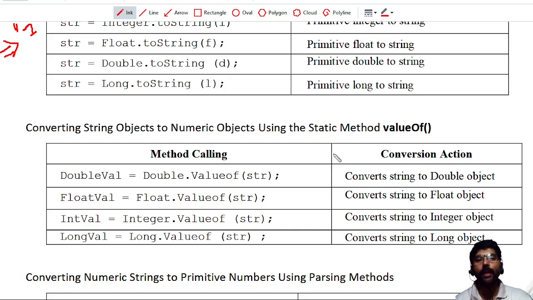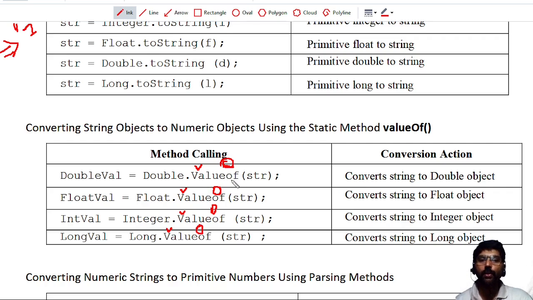That can be done by valueOf. In all these methods, V is small and O is capital. Value of, V small, O capital. I have written the wrong method here. V small, O capital. valueOf.